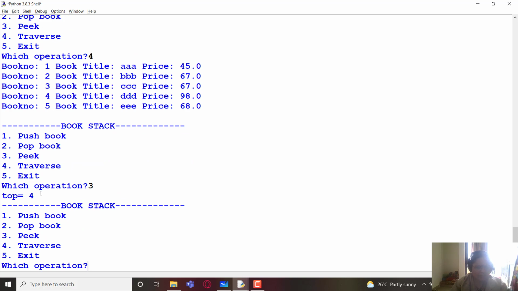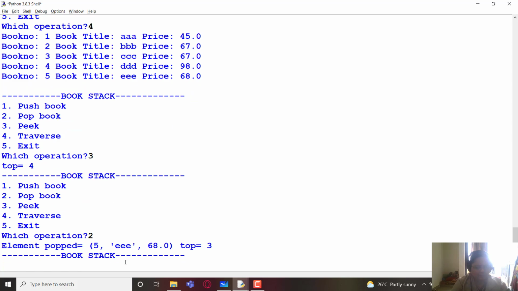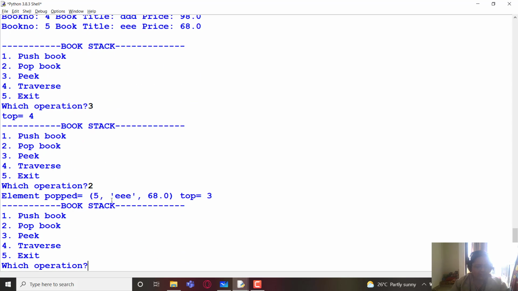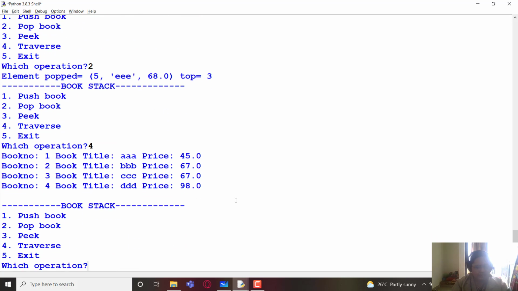Let us check peek. So peek is top, 0, 1, 2, 3 and 4, and let's pop now. The element popped is the topmost one and the value of top now becomes 3. If you traverse it now, you can see there are 4 books. One book has been popped and now the top value is 3, that is 0, 1, 2, 3.